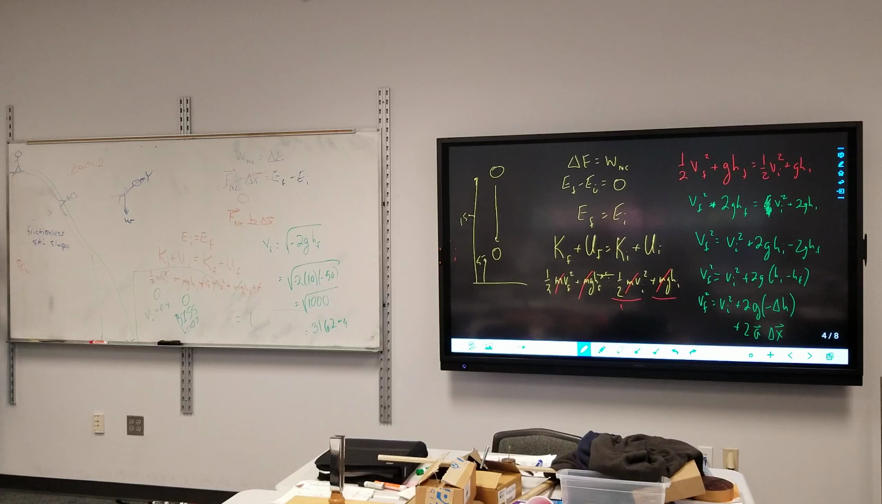He doesn't land on any kittens. But cats, sure, why not? Kittens, no. How fast does he go right when he hits? Right when he hits? Yeah, or just before he makes contact. 31.62 meters